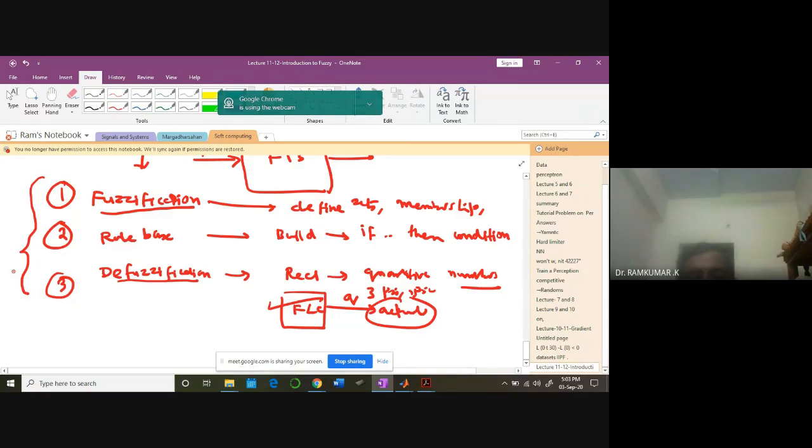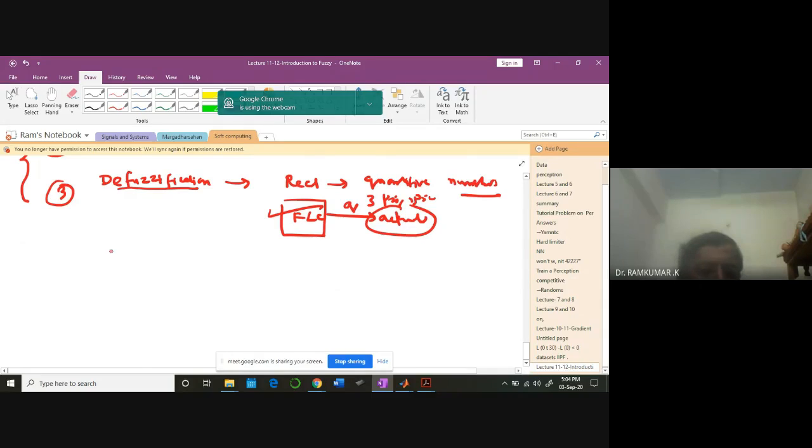Okay, so these are all the 3 steps involved. For any fuzzy logic technology, you have to fuzzify, build rule base, and defuzzify. You will understand all these 3 steps in a very proper manner, but I will introduce you to some of the books which you can refer to if you are interested. Number 1, there is an excellent toolbox in MATLAB, very powerful toolbox, heavily employed for a lot of applications. If you want to work in this area, you can do this.